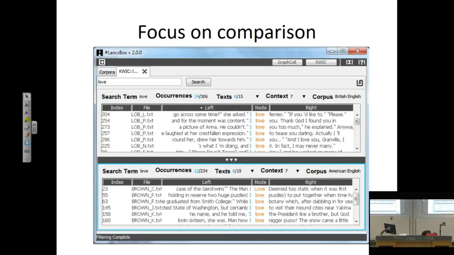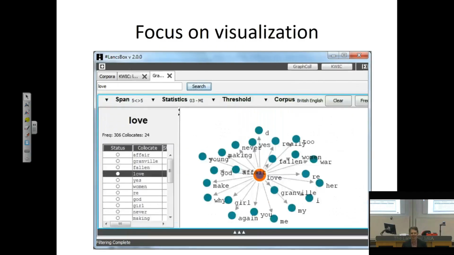We also focus on comparison, because comparison is actually one of the key scientific processes where we want to compare. In science, you usually have your treatment group and your control group. Here we have, in corpus linguistics, our corpus of interest and a reference corpus, perhaps. So we need to have a way to compare data. And of course, we want to visualize data in some meaningful way, and we can still improve those visualizations.